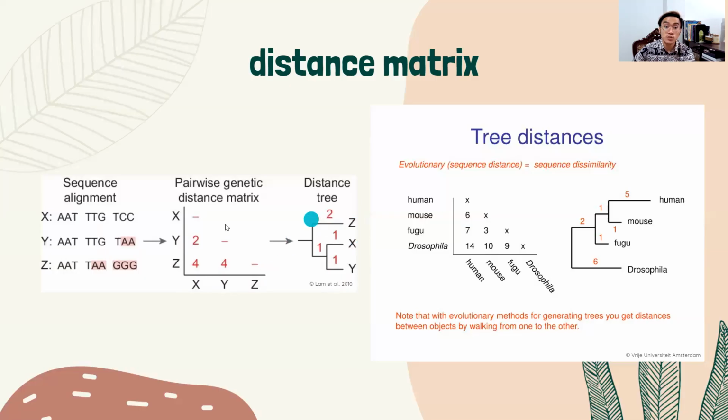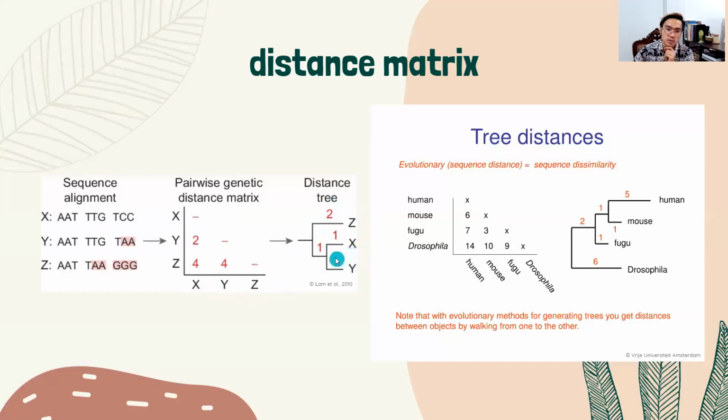Okay, and we can use that distance to create the branch lengths for our phylogenetic tree. In this case, the length of a branch is 1 unit of genetic distance. We say, how many genetic distance units, quote unquote, is Z different from X or Y? Well, we can see that there are 4 units of genetic distance between Z and X, and between Z and Y. But between X and Y, there are only 2 units of genetic distance.